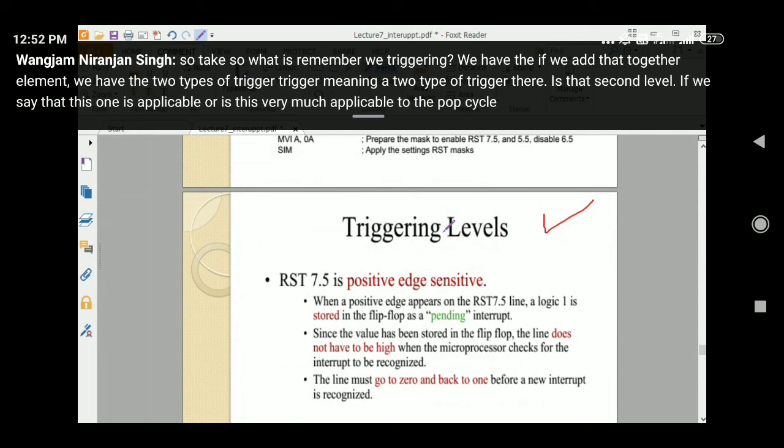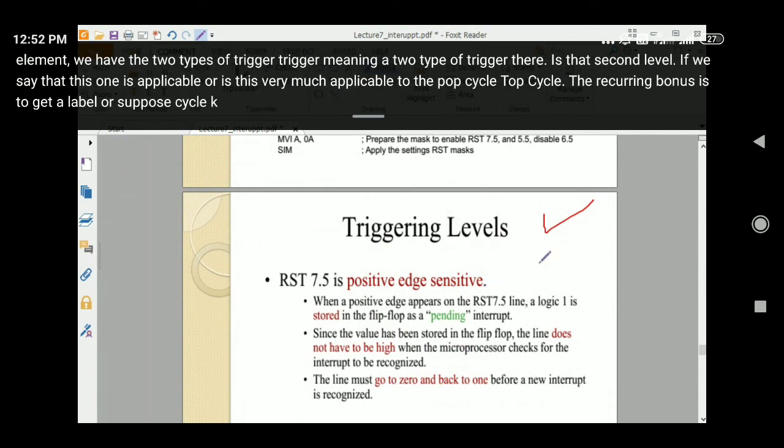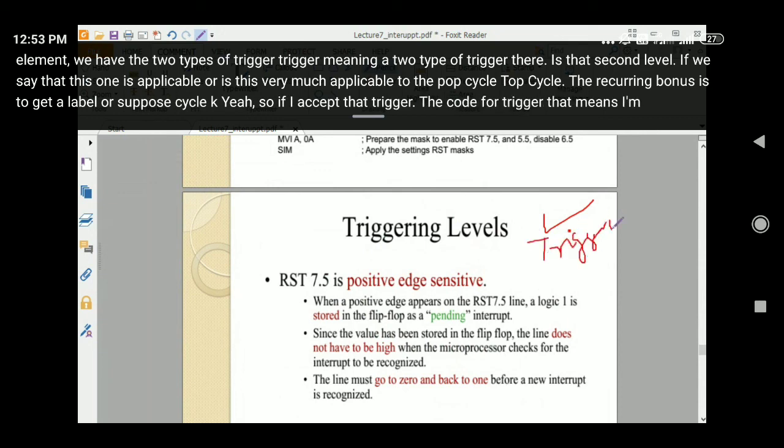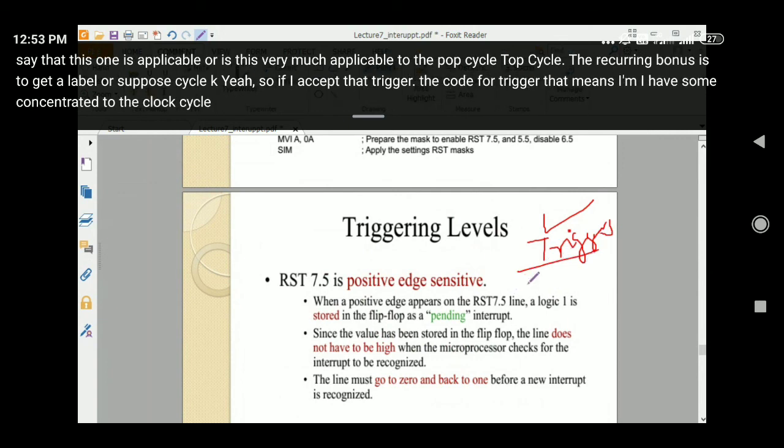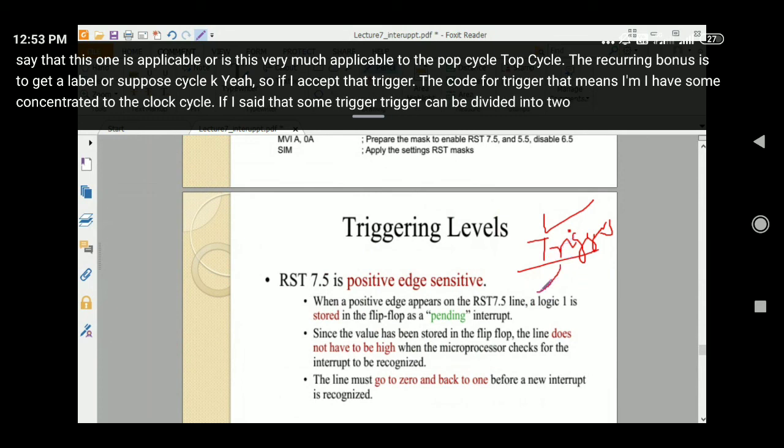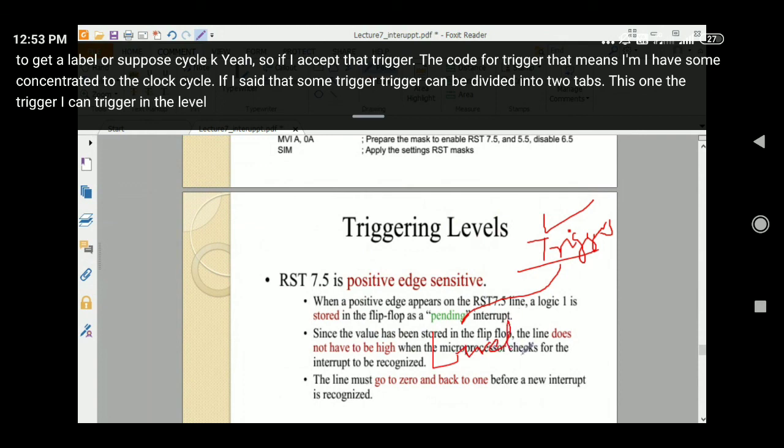So if I set the trigger, that means I have some concept related to the clock cycle. The trigger can be divided into two types: level trigger and edge trigger.